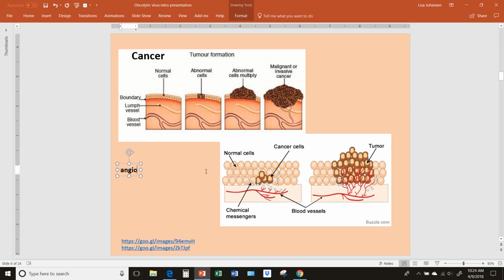So this is called angiogenesis, and that is making your own blood supply. And so tumor cells, cancer cells, will secrete factors like VEGF, which we'll talk about in a minute, which will start promoting formation of this blood vessel. And then once these tumor cells are fed through the blood vessels, they can grow bigger and bigger. So one of the things that's the challenge with cancer is you have to cut off that blood supply to the cancer